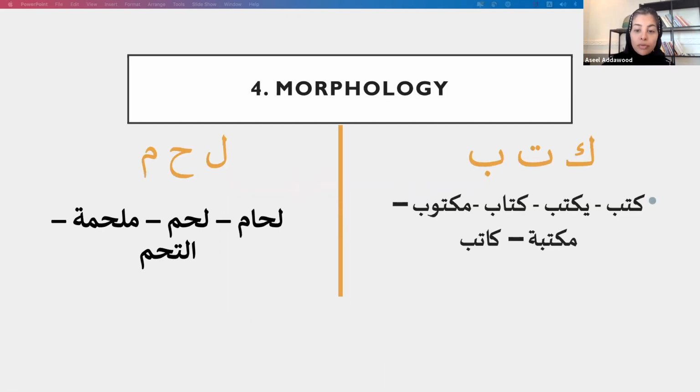Another issue is morphology. When I have a word, even if I wrote that word in its root, for example, all of these words have this root. So how can I know what this word actually means, how can I extract that meaning? Because when I take it to the root, I want to have the meaning extracted. But for example, this word is kataba, which is he wrote something.